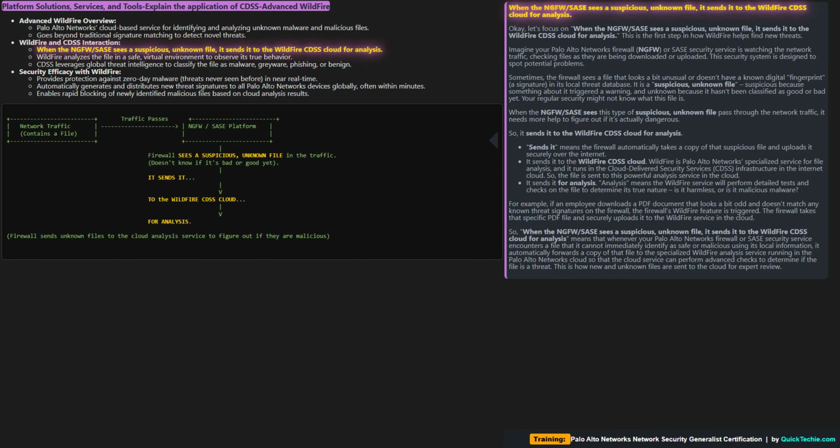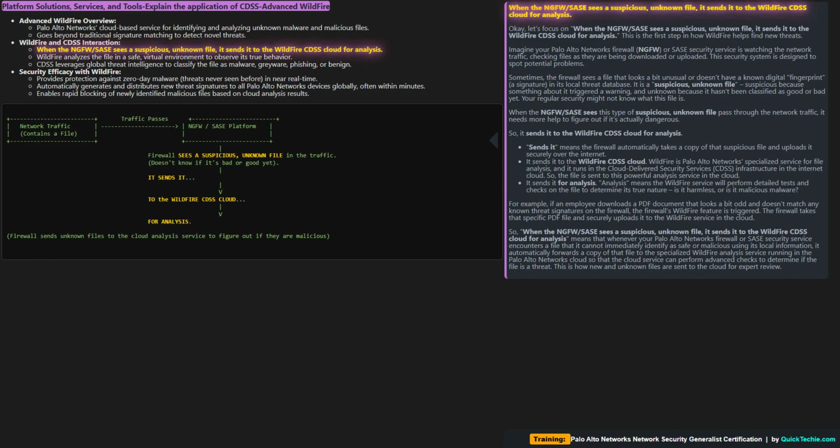For example, if an employee downloads a PDF document that looks a bit odd and doesn't match any known threat signatures on the firewall, WildFire is triggered. The firewall takes that specific PDF file and securely uploads it to the WildFire service in the cloud. So, when the NGFW, SASE sees a suspicious, unknown file, it sends it to the WildFire CDSS cloud for analysis,